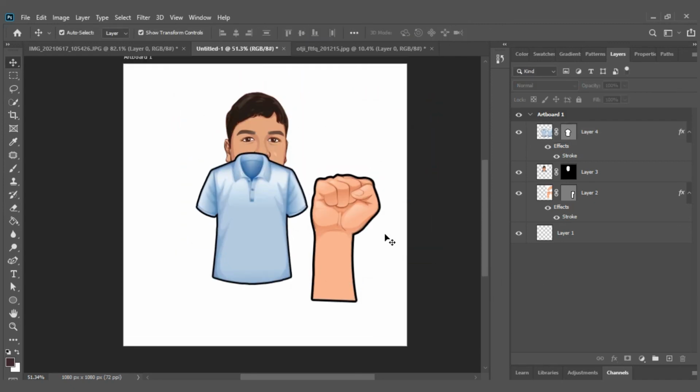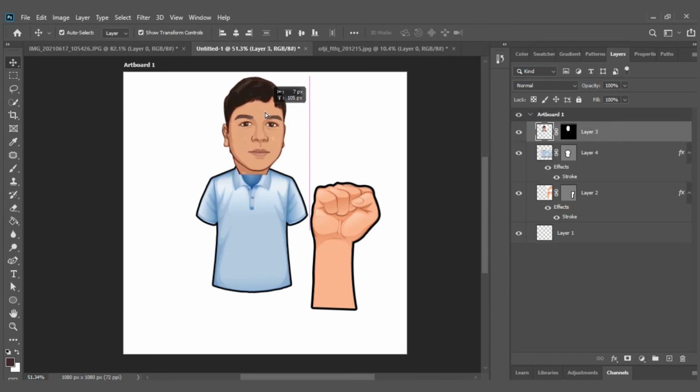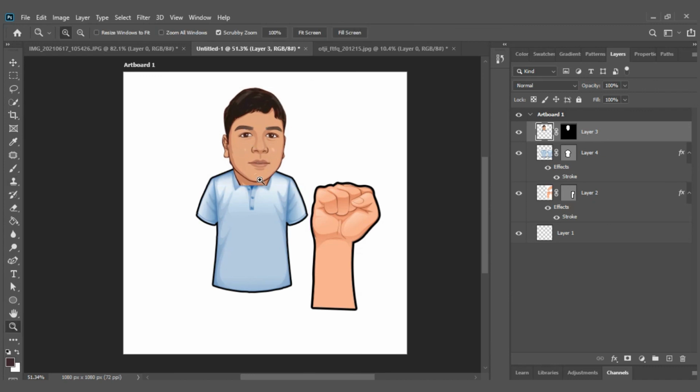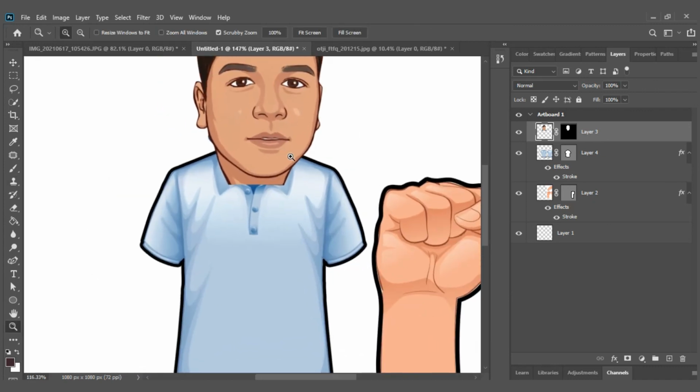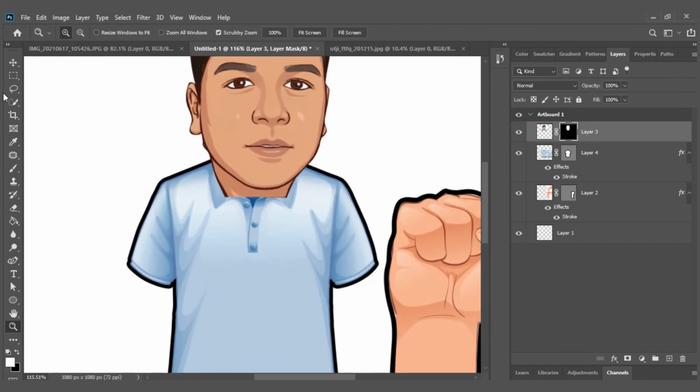Now bring her face layer above the shirt layer. Place it at the right place. So now I will be removing the neck region and we can refine it.